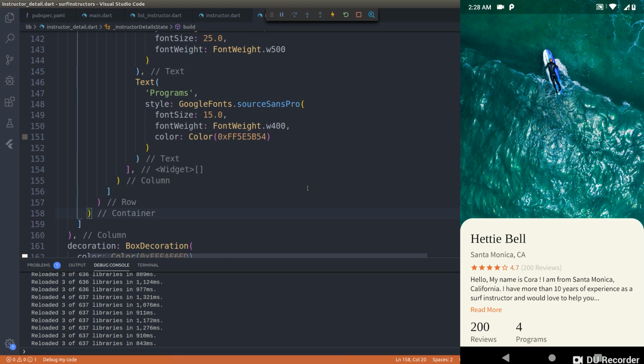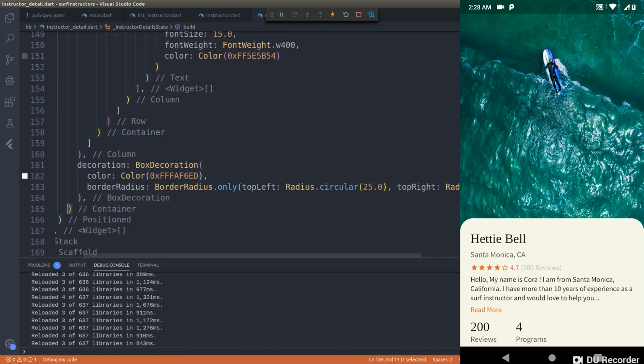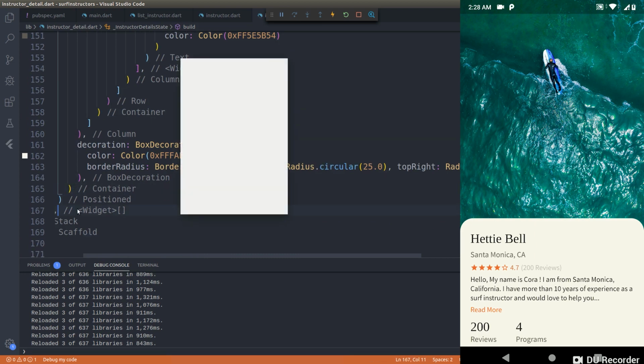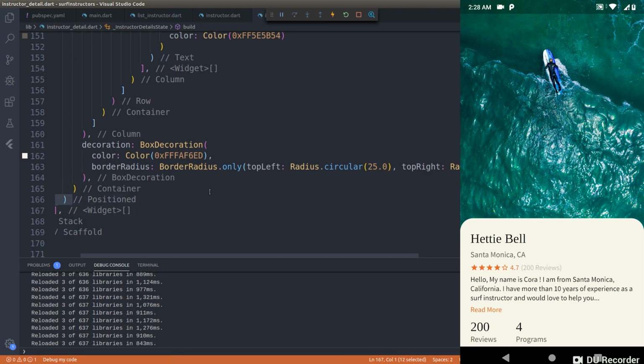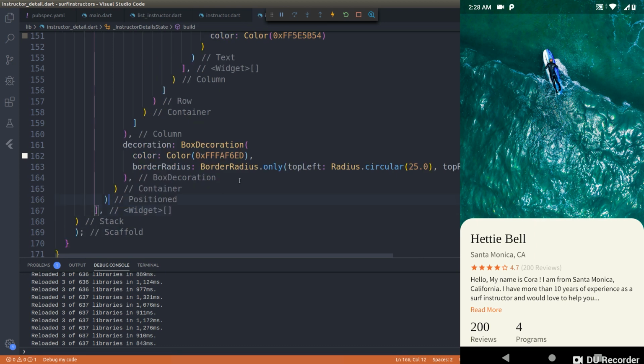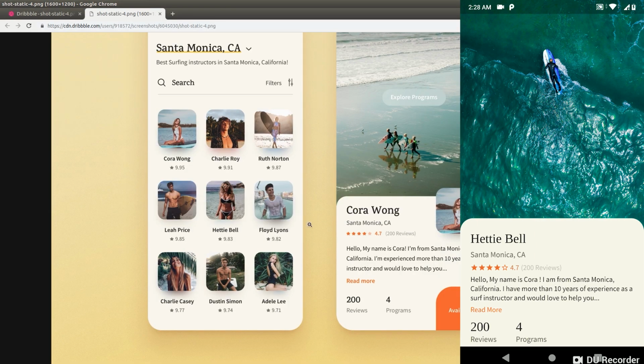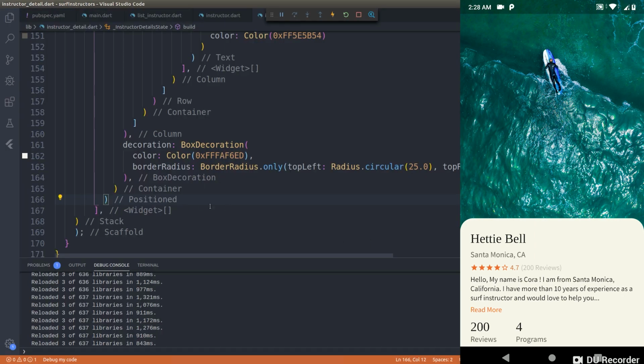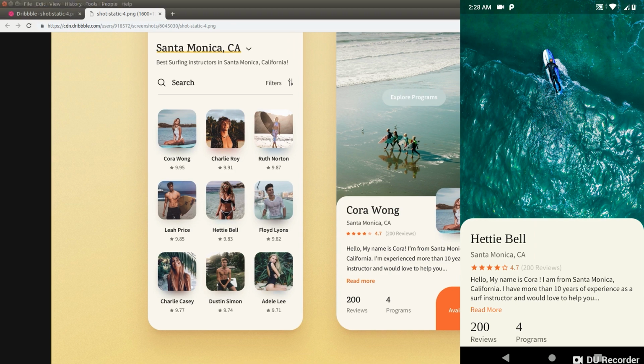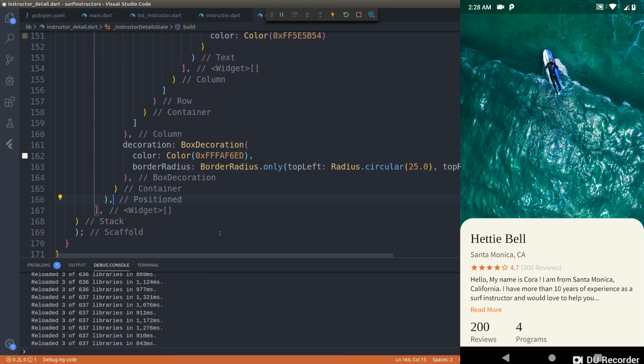And after this container, or even after this positioned, I don't need this to be inside this positioned anymore. This positioned, you understand what happens, right? This positioned is nothing but this one, this entire thing. This doesn't matter anymore. Since I'm using a stack, I can place the elements even on top of this text. I can place the element, right? So I'm just getting out of the positioned, and what I'm going to do is I'm going to simply use